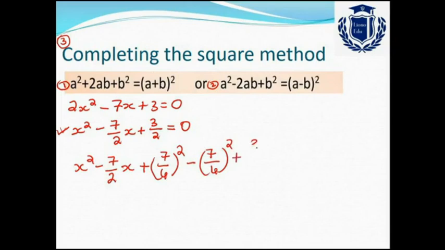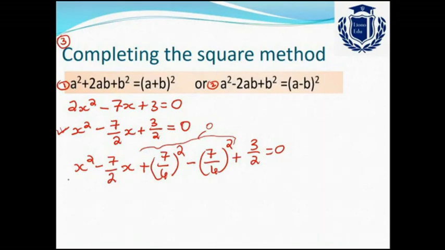The remaining thing is 3 by 2 is equal to 0. Am I correct? It is the same as the above equation because you have added 7 by 4 the whole square as well as subtracted it. So the resulting answer here, just this one, is 0 itself. That means there is no change for the equation, right? I haven't made any change. This effect is nullified because adding as well as subtracting is done.